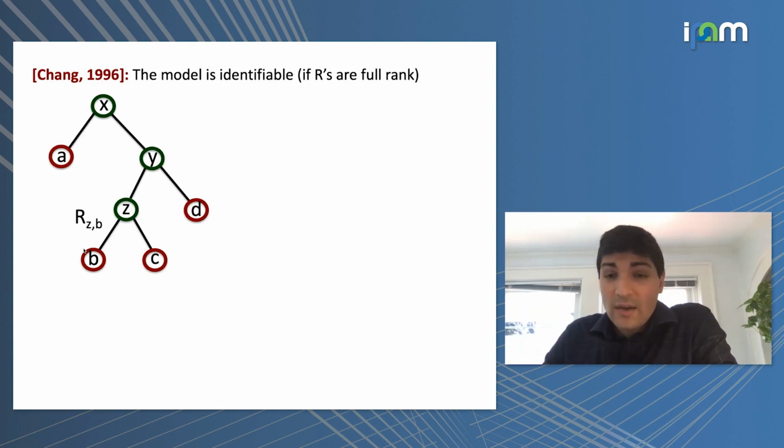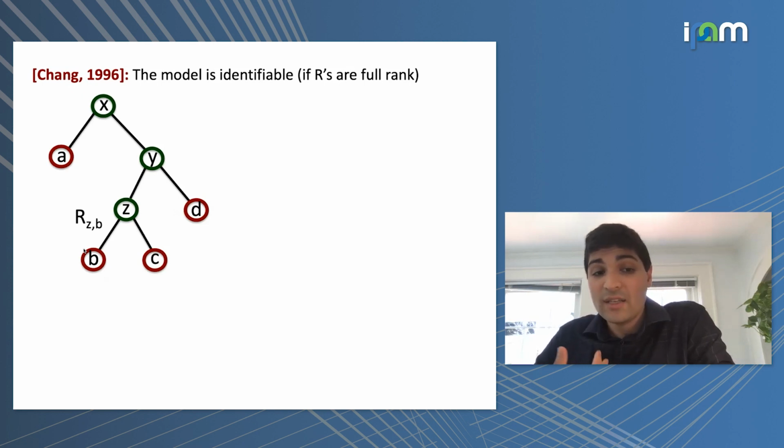So, the question is, I know the topology of the tree and I want to find these transition matrices R. What is the tensor that I can write down, that I can compute from data, whose hidden low rank decomposition is going to reveal to me the parameters that I want to learn, namely these matrices happening along the edges of the tree.